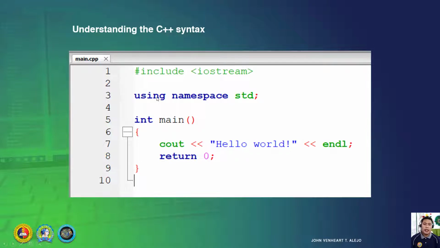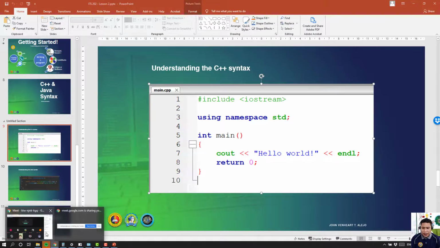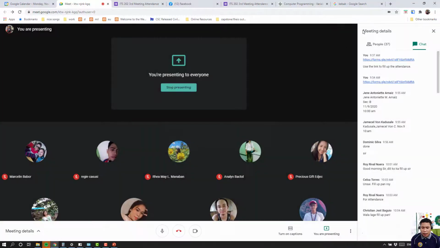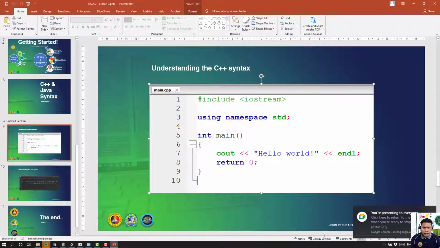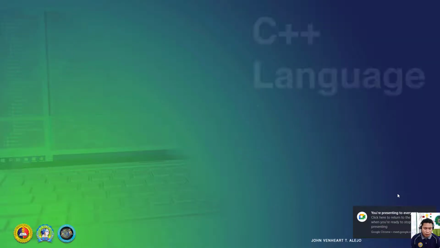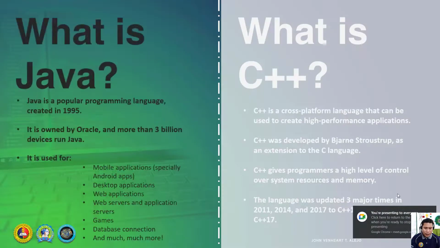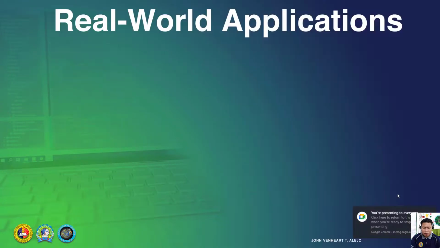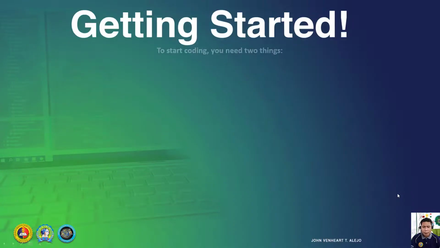Line number 1 is hashtag include iostream. You include this in every program, especially for library-based things, like we have to include something.